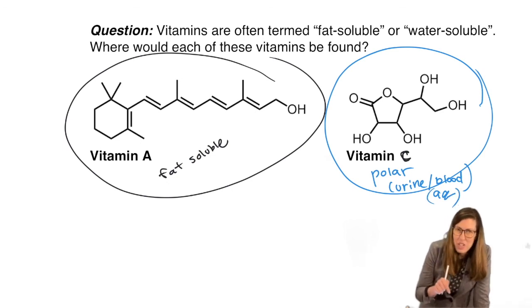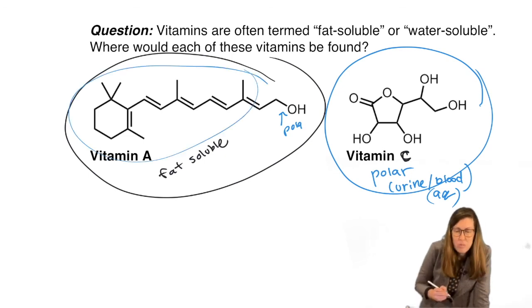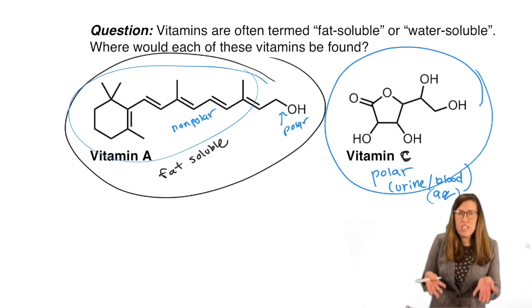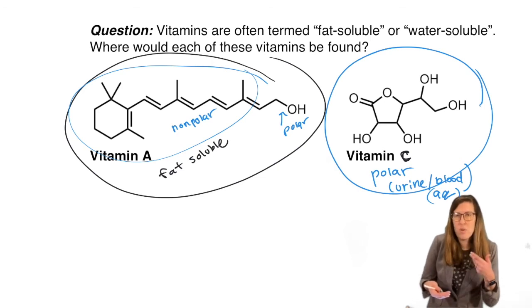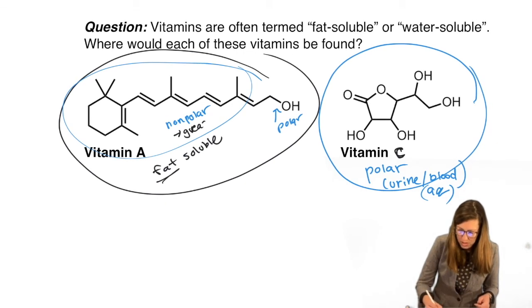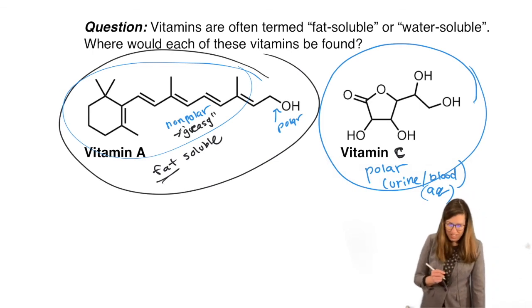Whereas the fat-soluble vitamin, it's only one polar group, this tiny group here, polar. The rest is nonpolar, highly nonpolar. So if we had to judge how this molecule behaves, it's going to act like a nonpolar molecule overall. So that means it's going to go in the oil layer. Where's the oil layer in your body? The fat. Okay, so greasy. That's why we use the word greasy for these. Grease is made of hydrocarbons, literally.